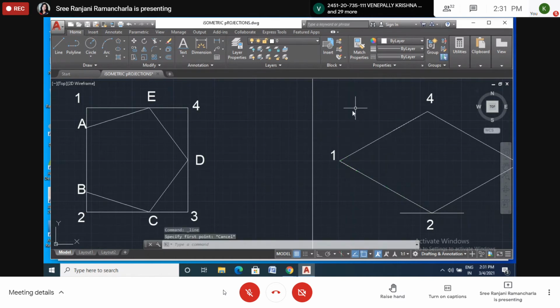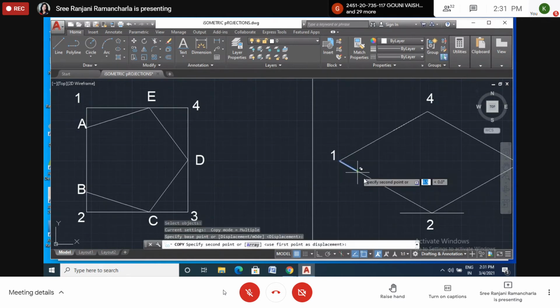I did not copy this one. This one I have to copy. Enter. I will take displacement this one and just I will copy here.